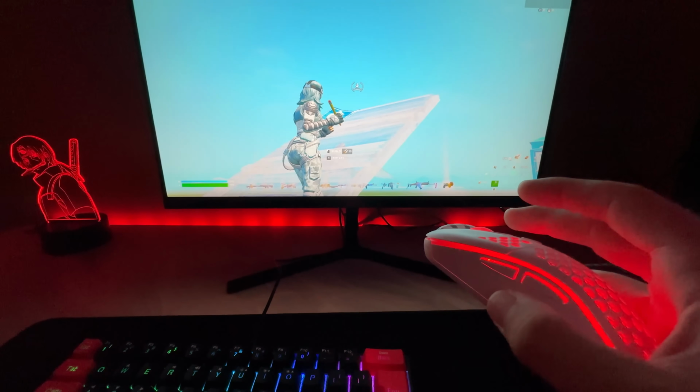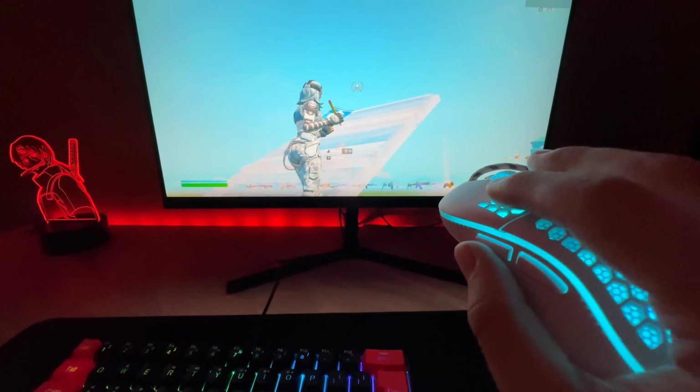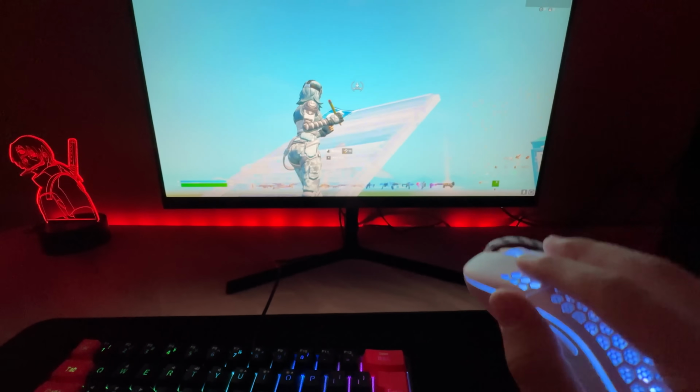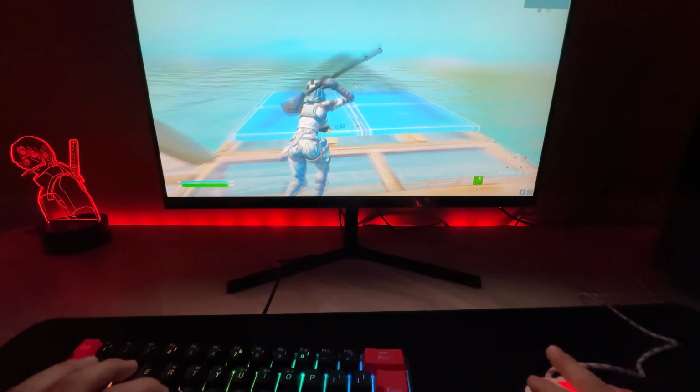The mouse is definitely not terrible for the $6 price range, but the side buttons are super easy to click in, and that makes it really hard to consistently free build. Just dragging my finger across, it's switching these two. Yeah, it's definitely not too bad, and you could definitely work with it. You just have to get used to making sure you do not click that other button